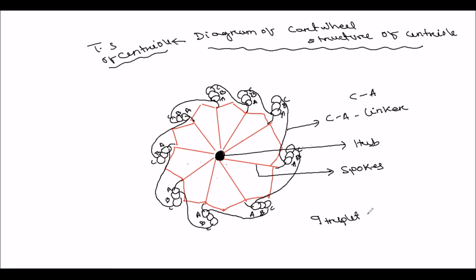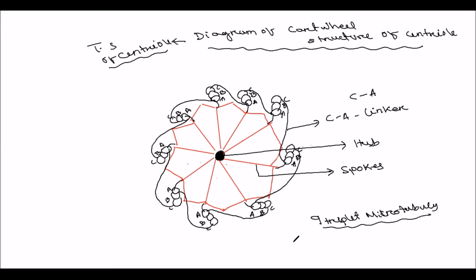triplet microtubules, and they are arranged in a cartwheel structure. That's why it is called the cartwheel structure of the centriole. It just appears like a cartwheel. Okay,